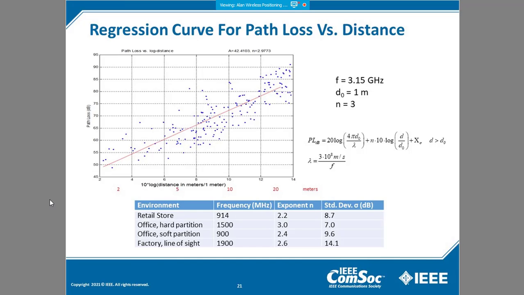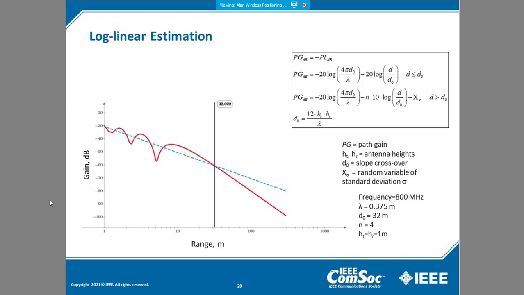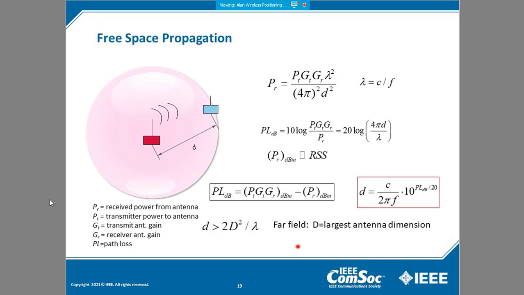Okay, slide 19, let me go back to slide 19. I mentioned here the far field. The largest dimension of a horn antenna is the diagonal. I would agree with that. Again, when we're talking about a horn antenna, for normal horn antennas with maybe only a few centimeters of dimensions, we're talking here about